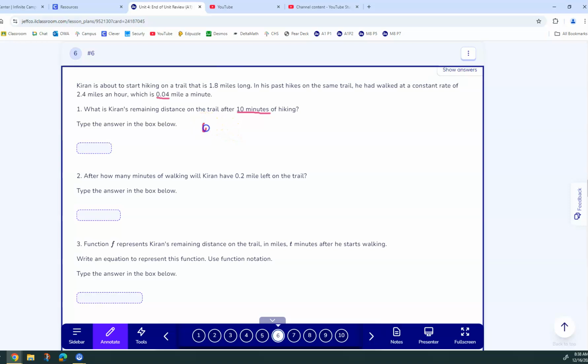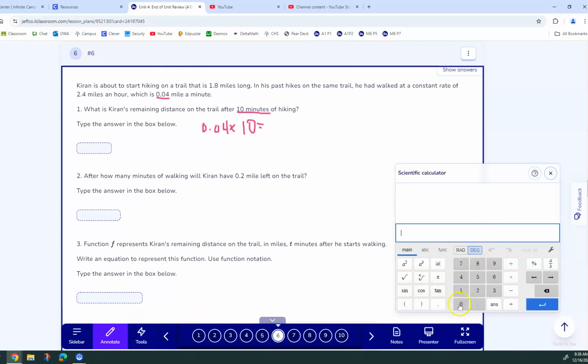So we are going to do 0.04 times 10. You've got a calculator, so use it in your toolbox here. So 0.04 times 10. After 10 minutes, he has walked 4/10 of a mile,